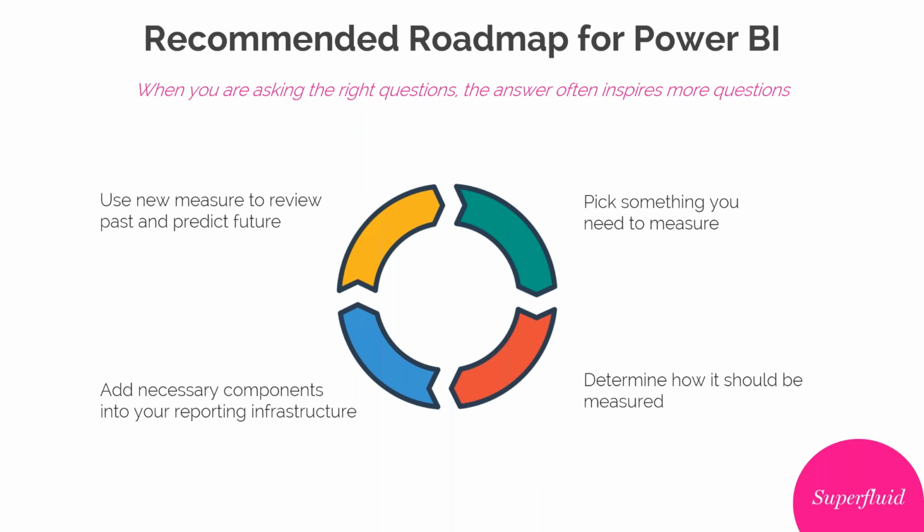This is what a typical BI cycle, I really believe, should look like. It makes very little sense to try and do everything all at once. It can be done. I've seen it done, but it's quite tricky. It can often be a lot easier if you start by picking something that you just want to measure, determine how to measure it, add the necessary components into your data structure to do that measurement,